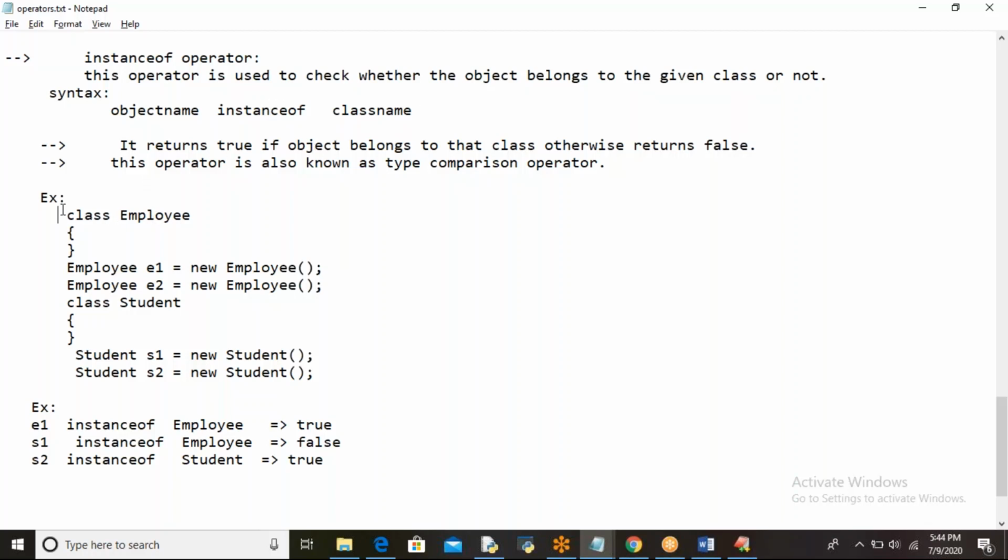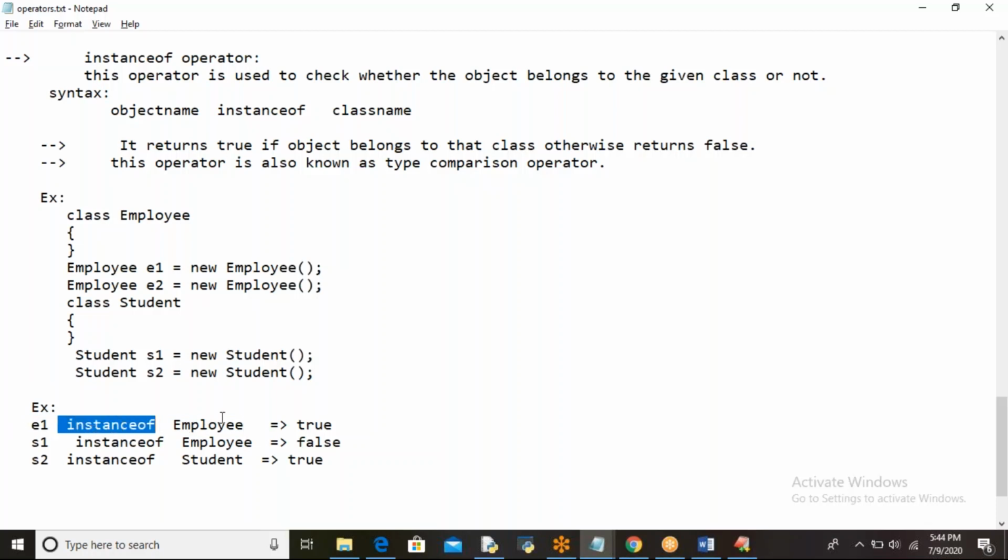So you have written one class Employee and one class Student. For the Employee class, you created two objects: Employee e1 = new Employee, e2 = new Employee. For the Student class also, you have created two objects, s1 and s2. Now you are checking e1 instanceof Employee. Instanceof means object of.